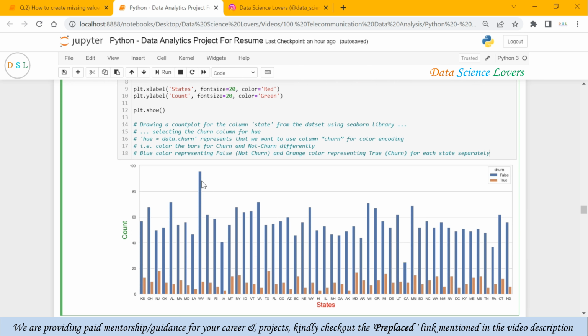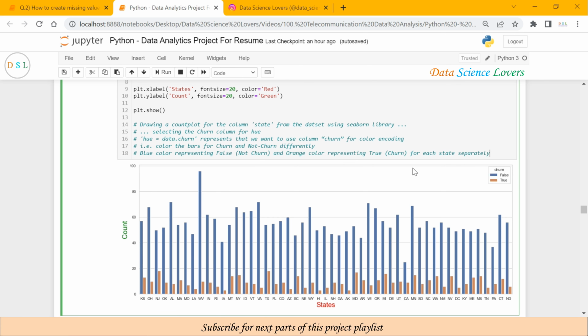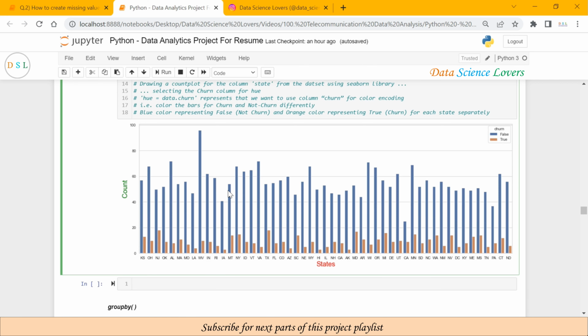Here, if you see, the blue color represents false, or you can say non-churn customers, which is also represented here, while the orange color represents true, or churn customers, which is also represented here. In this count plot, if you see, all 51 states are present and the count of non-churn customers is more as compared to the churn customers.